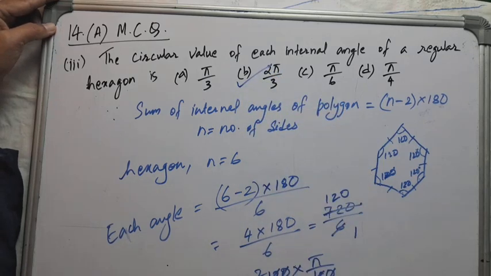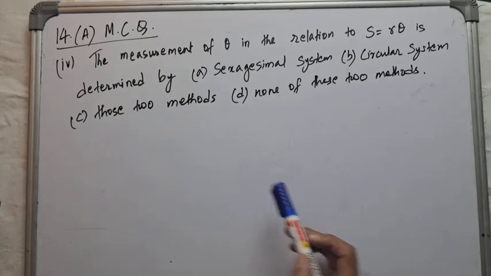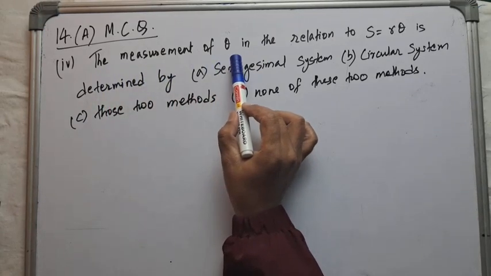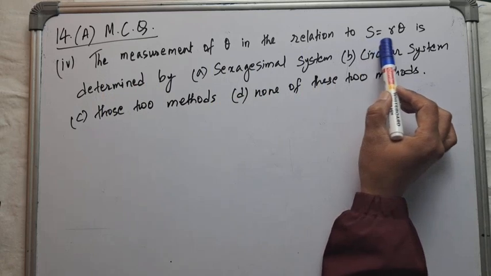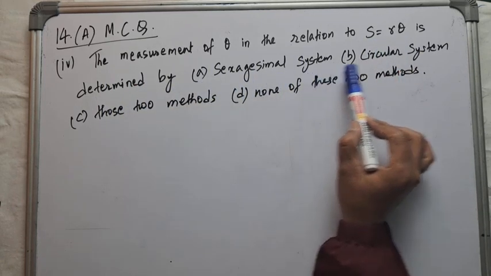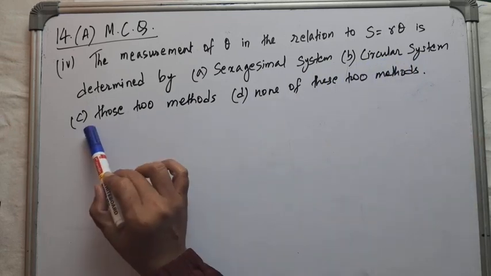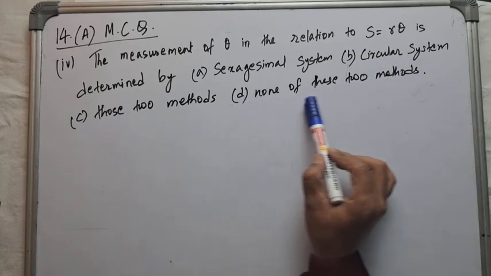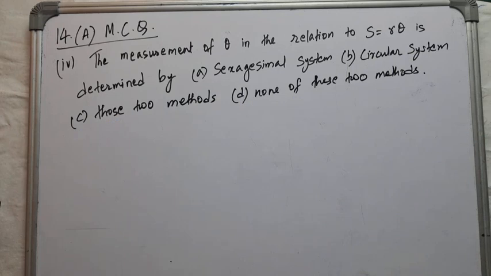Now let us do question number 4. Question number 4 of 14. The measurement of theta in the relation s equal to r theta is determined by option A, sexagesimal system, option B, circular system, C, those two methods, and D, none of these two methods, okay. So we know that